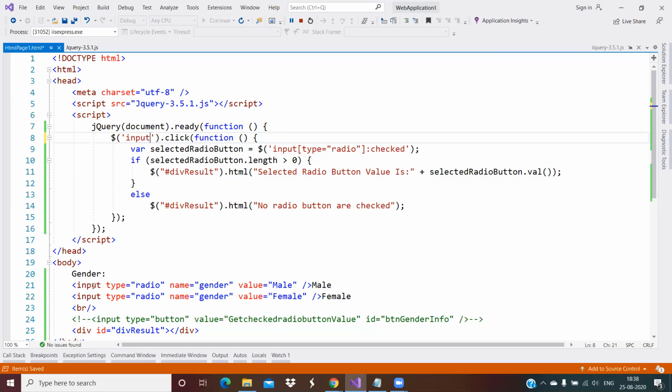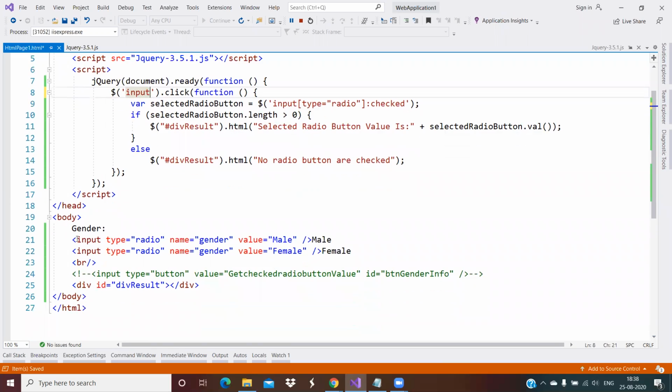In this body, there is no other input element, only these radio buttons, so no need to specify the attribute. Input means it will go to the DOM and identify only these two inputs. So whenever I click this input, this event will fire, and I perform some action.